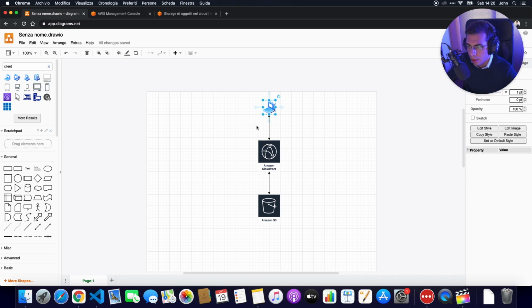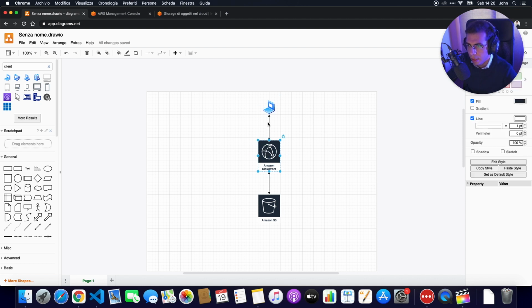When the client asks for a URL on your domain, it connects with Amazon CloudFront. Amazon CloudFront then, based on the settings of the CloudFront instance, will decide what resource to access. So in this case, we have just one resource, a bucket behind the CloudFront. And so CloudFront accesses the data on S3, and gets the data on the edge. Edges are called single points present